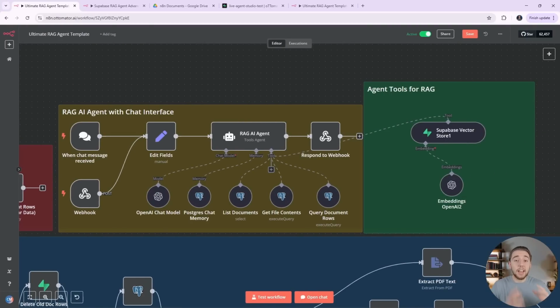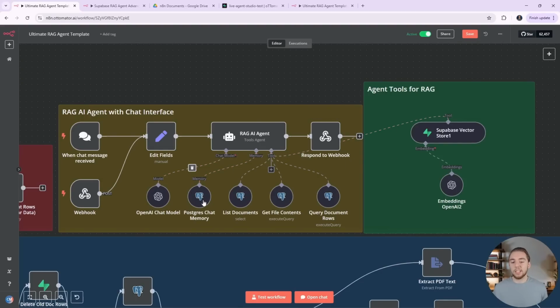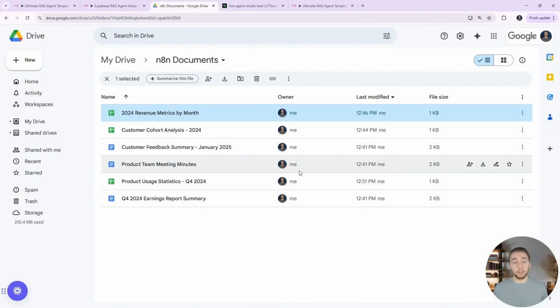So now it is time to take our agent for a spin. We'll ask it some tougher questions that maybe the old version could have answered with just RAG, maybe not, but the most important thing I want to show you is it using these different tools to explore the knowledge base in different ways depending on the question that I ask. So I have these 6 documents in my Google Drive, some that are spreadsheets, some that are regular documents,